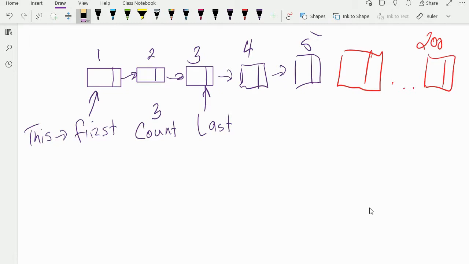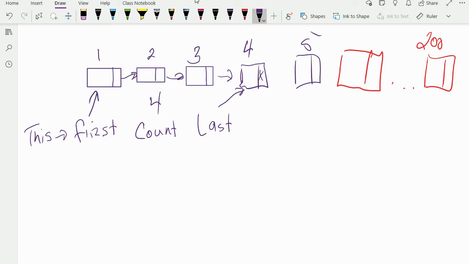When last is pointing to our 4th node, and there is no 5th node, this doesn't exist, so this is a null pointer. Again, we can use count. Count should actually be 4 here in this case. All right. So we're just going to say, hey, if count is equal to 4,